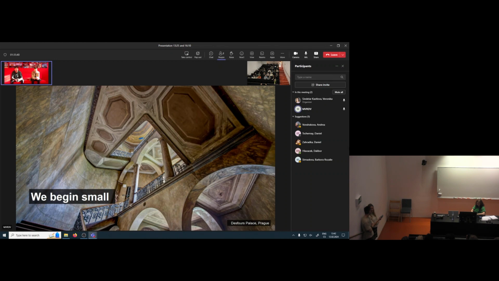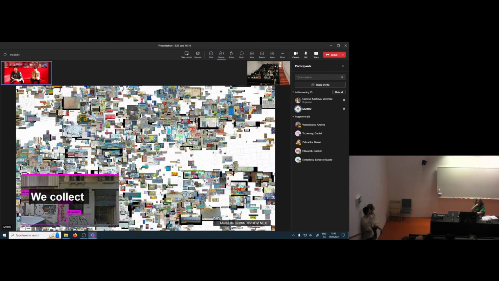We will then go on to collect, and I'm showing a diverse set of references here from previous work, both at the Y Factory as well as at MBRDB and MBRDB Next, which is a group and also an expertise that Jaka and me will bring into this. So there will be a focus on information, on data, on quantifiable aspects of the city, simply because that's a part that we develop strongly within MBRDB.